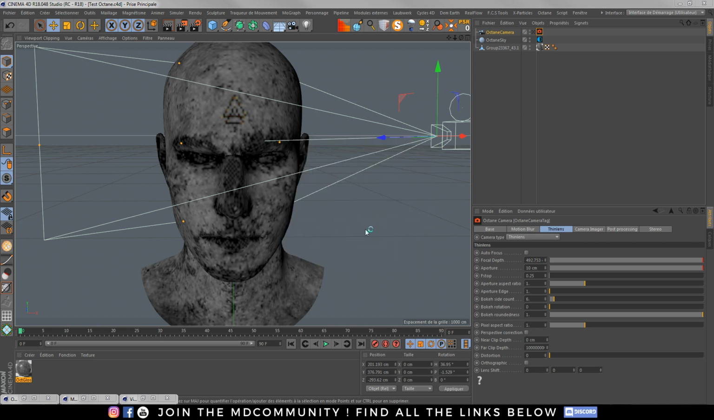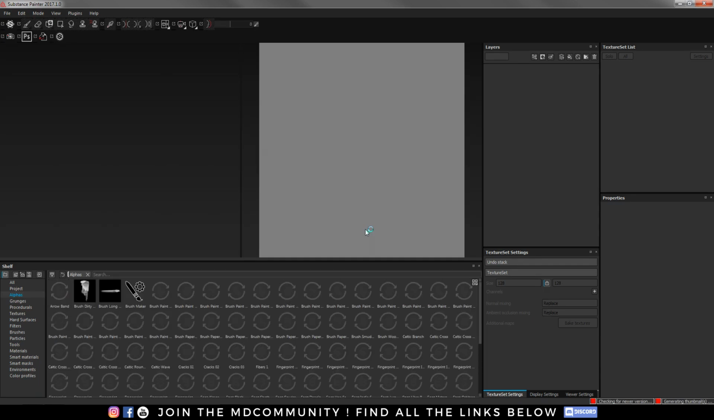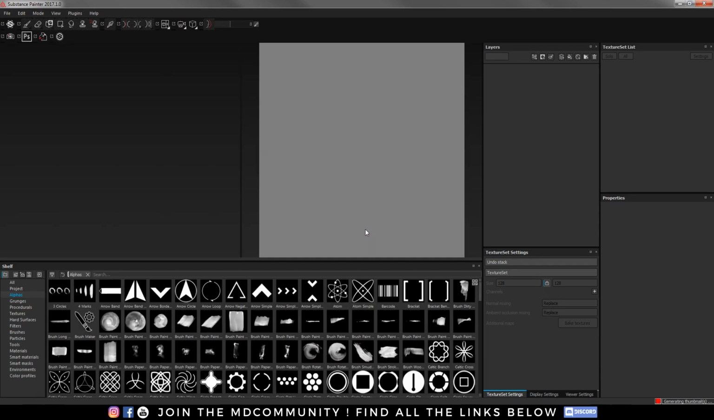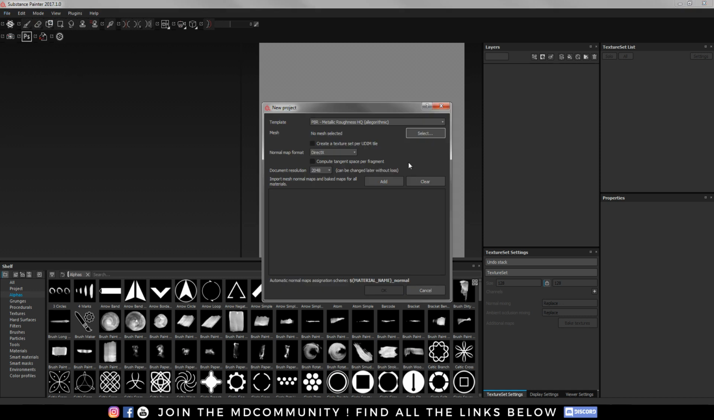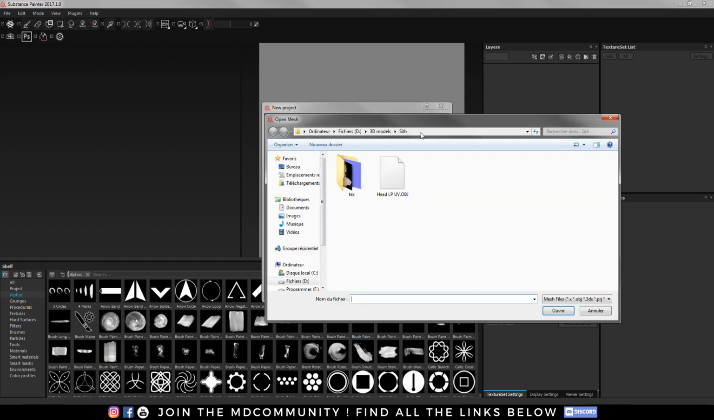I apologize for all the mistakes I may make in English, but I think you will understand, and if you're not so comfortable, just follow my mouse. So let's click on a new file. Let's select the PBR metallic roughness template. You can select HQ or basic. Let's take OpenGL normal map to match Octane, and I will select a mesh